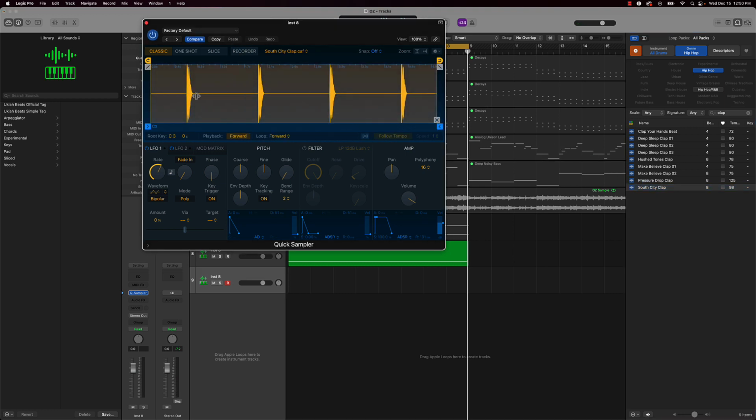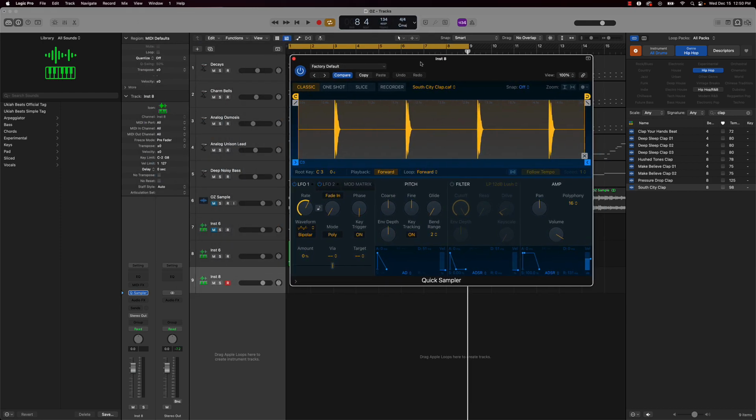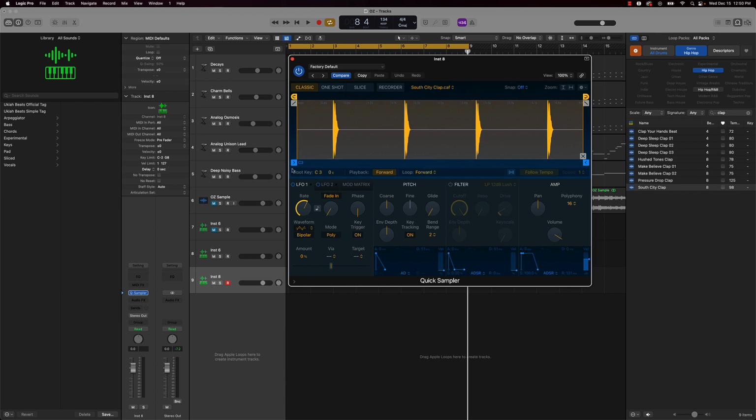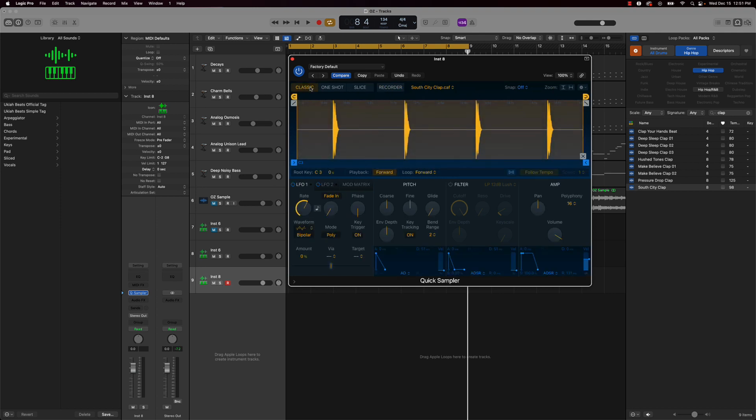All right, and you just gotta make sure you're in classic mode. I'm telling you, bro, this is a hack. This is a major hack. Make sure you're in classic mode, right? Which is this one, not one shot, not slice, not recorder, classic mode. And you're going to go over here, click right in this area, and then go to loop, turn that off, no loop, okay? Take this guy, pull him to the very beginning,